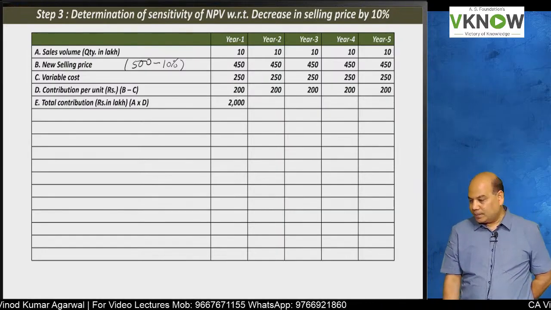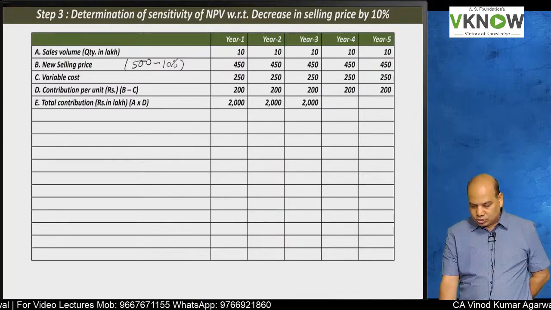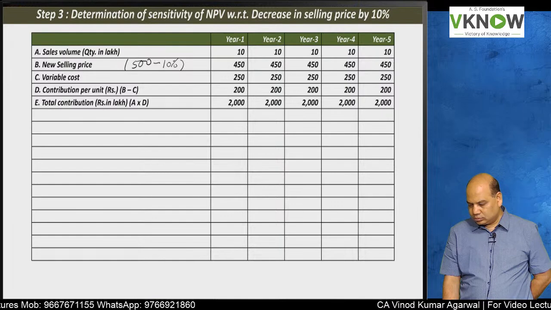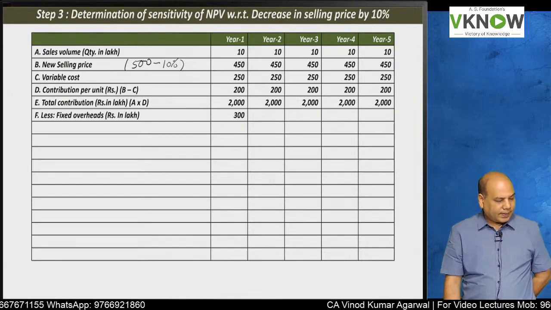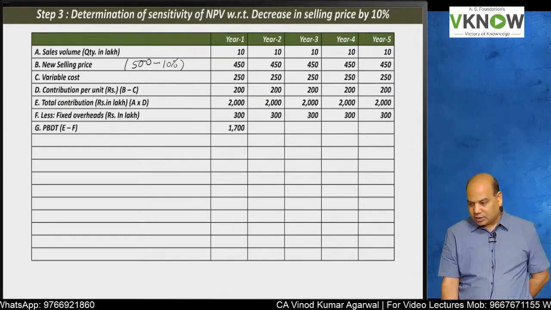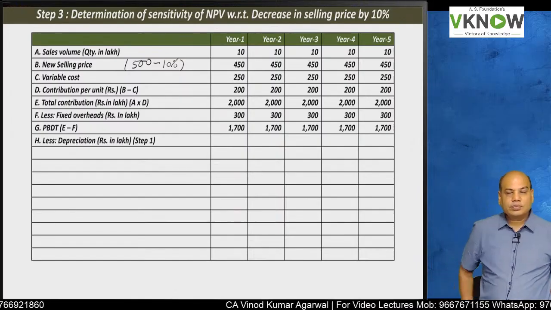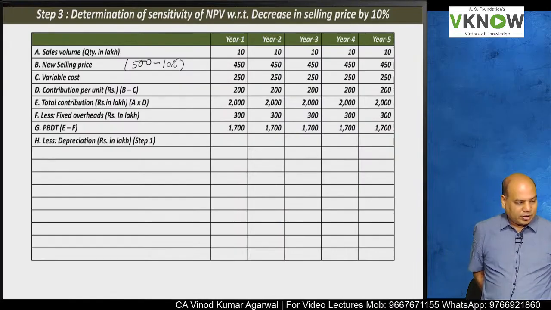Total contribution, multiply A into D, 2000. Now write down less fixed overhead, then 300, fixed overhead 300, PBDT same 1700 in all the years, PBDT 1700 in all the years, less depreciation